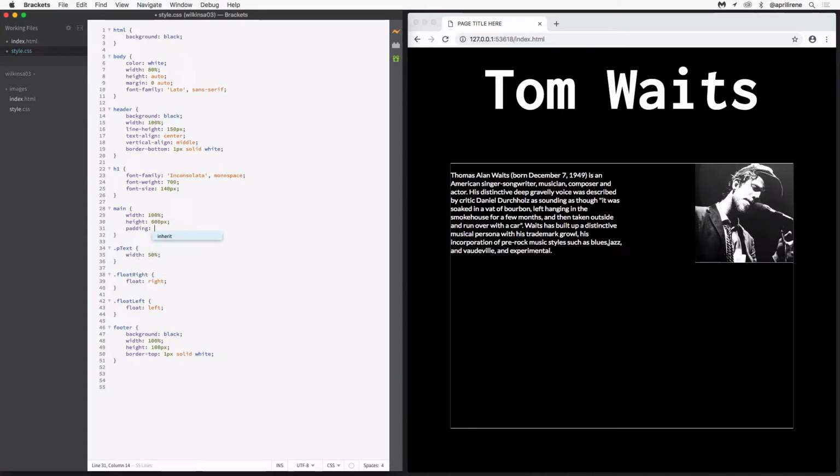And I can use two values because I know I want to add the same amount to the top and bottom, and that I don't want to add any to the left and right, but I can use 0 to do none. So instead of having to write padding-top and padding-bottom, I'll just do padding and use two values. So the first value goes to the top and bottom. I'm going to go ahead and give it 25 pixels,